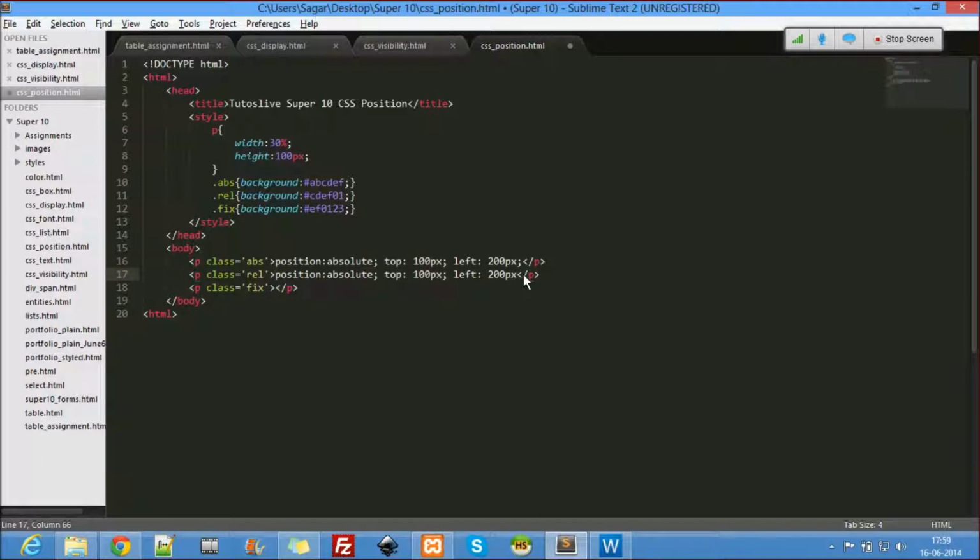Now when we talk about the relative, you can give two or you can give only one also. Let's give two. Relative is all about, with respect to that location. So let's use the same, and fixed. This is relative and this is fixed.